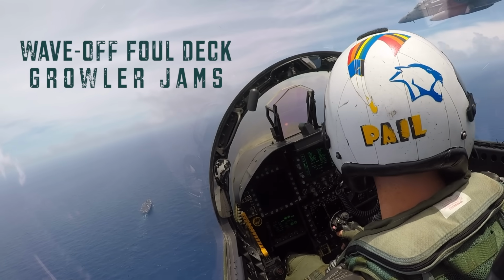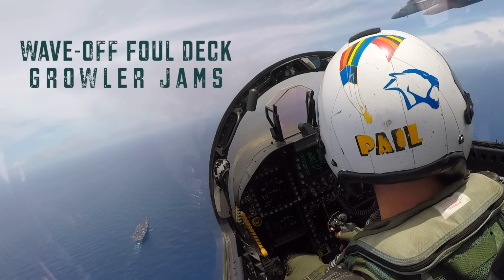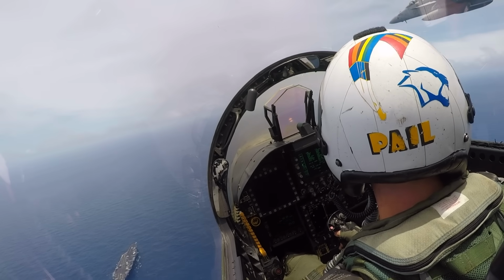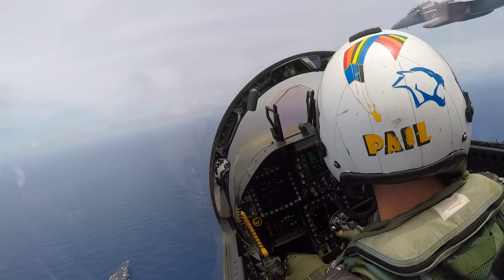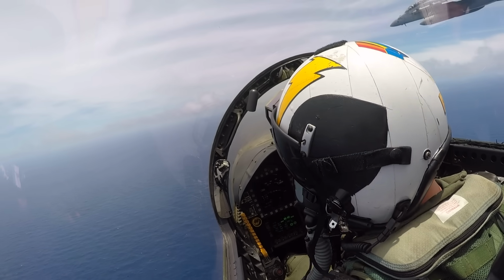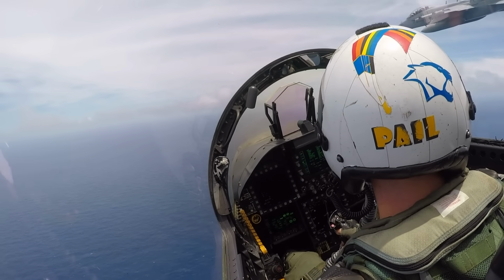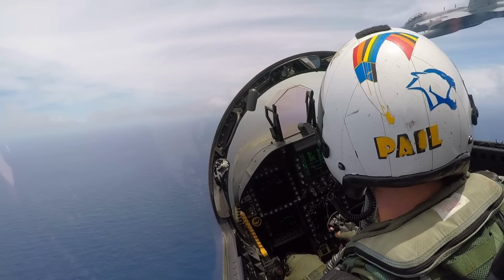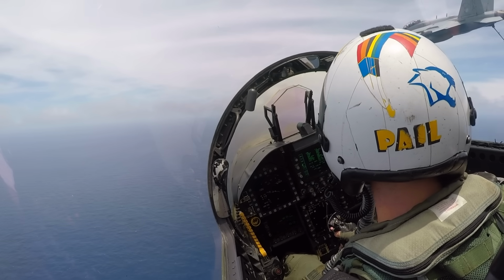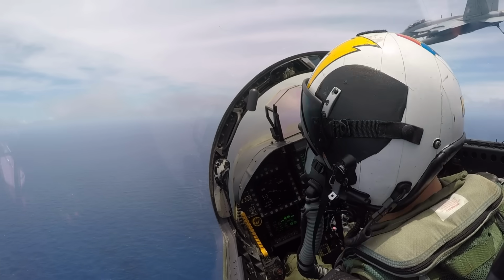Welcome aboard. Today we're overhead the Rough Rider, CVN-71, the USS Theodore Roosevelt, on the backside of a day ULT, or unit level training, sortie that concluded in the Pacific Ocean approximately 300 miles to the west of Guam. We just checked into port holding, or low holding, which is a left-hand pattern tangent to the BRC, or base recovery course, for the ship, with the ship, or MOM, at the 3 o'clock position and a maximum diameter of